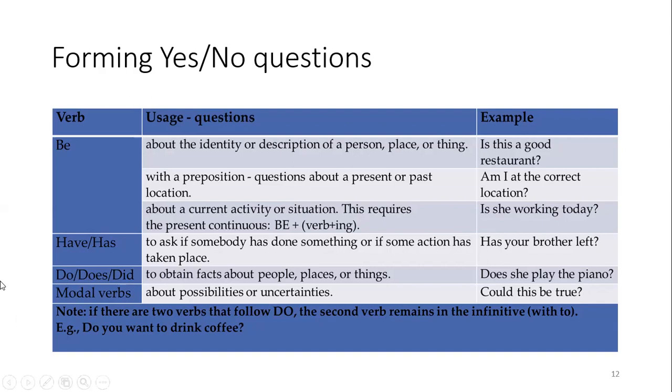Here you can see there are different ways by using the be verb. So by using the be verb, you can ask the questions about the identity or description of a person, place, or a thing. How about something? Okay, is this a good restaurant? My restaurant එක හොඳ එකක්ද? ඔව් හරි නෑ හරි yes or no. Right? So you see using the be verb. Is this? Okay, and then